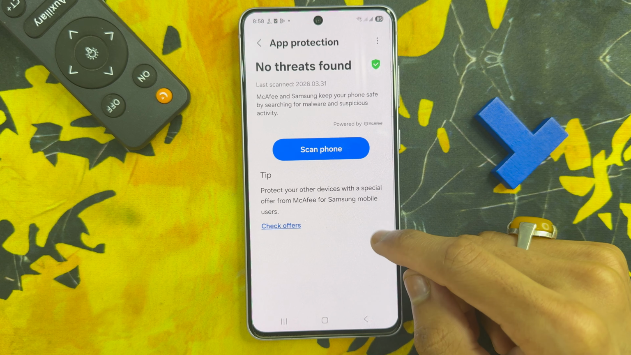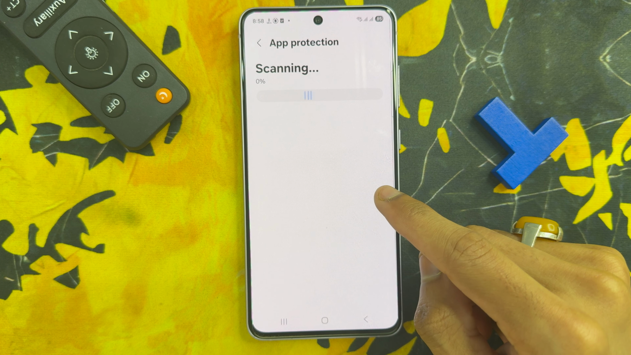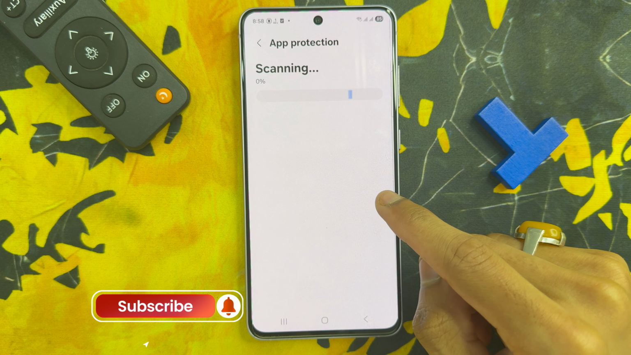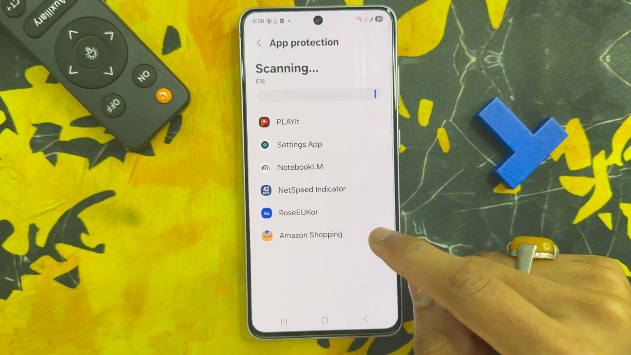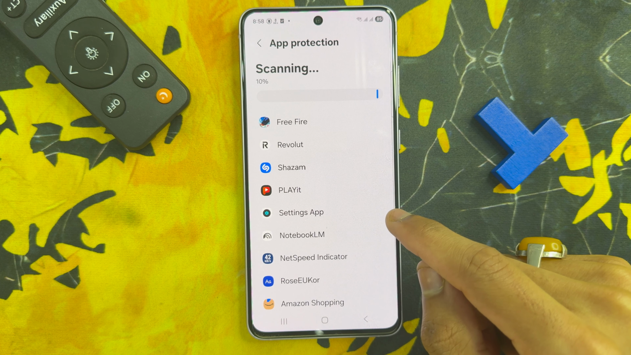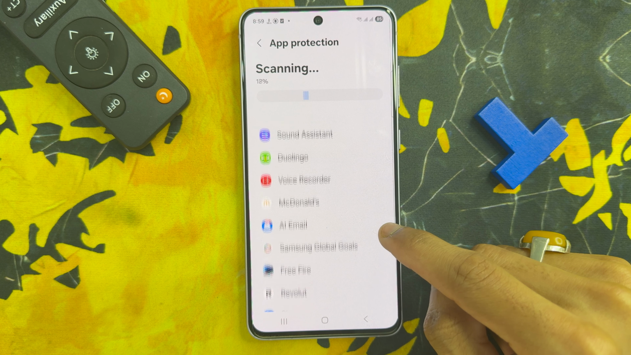After clicking on device app protection, you will see an option showing turn on, so click on turn on. After clicking on turn on, you will see device protection is enabled. You will see after scanning